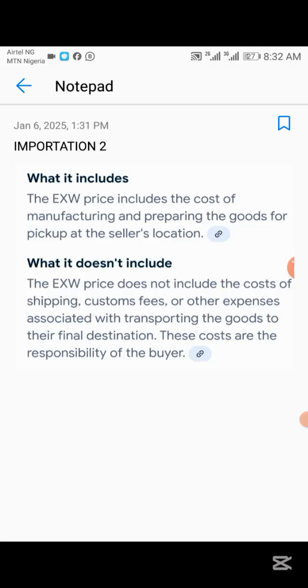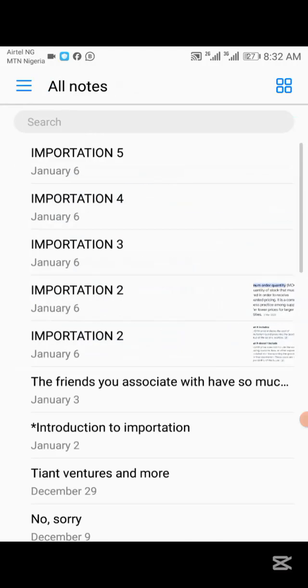maybe a within town transportation fee, and I think it doesn't cost much. Most of the time it's maybe around $1 or something, but it's not up to that. So they will all include it before you make the payment of your product. So that is all about EXW. And then we also have